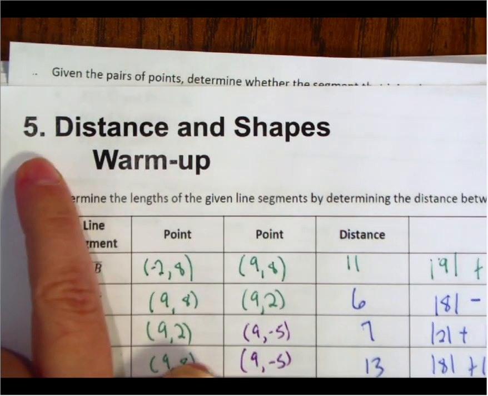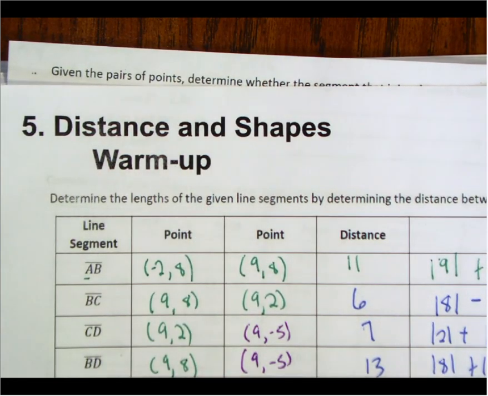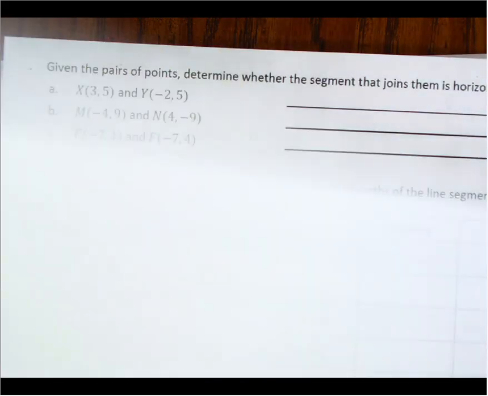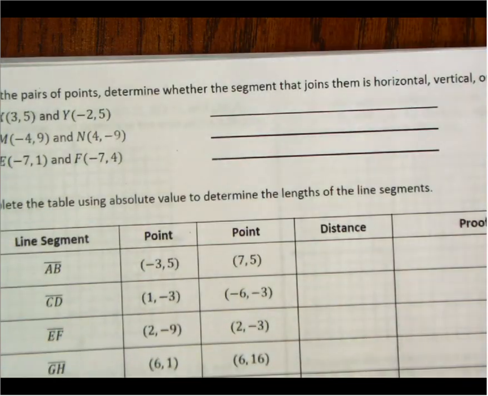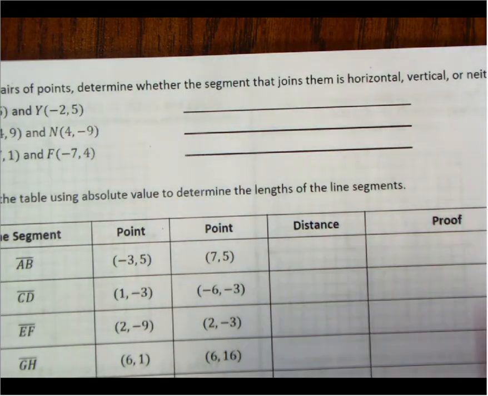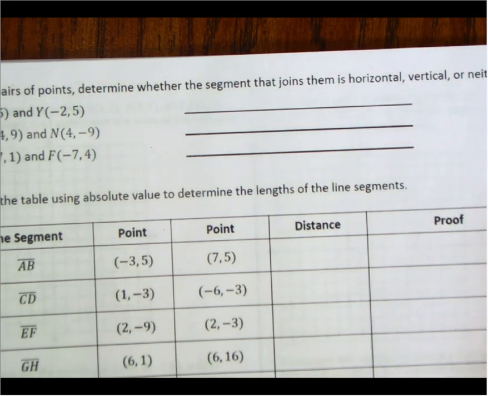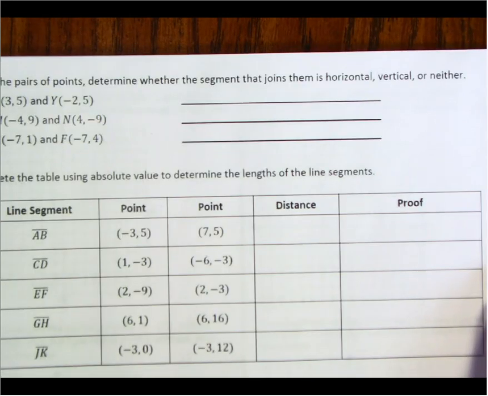Okay, so again, we're on lesson 5, distance and shapes warm-up of this module. And so let's go over to the next page. And so we're on page number 27, which is here, 27. And we're going to go through. Now, there are some words at the top of here. And these 3 words are words that you're going to use